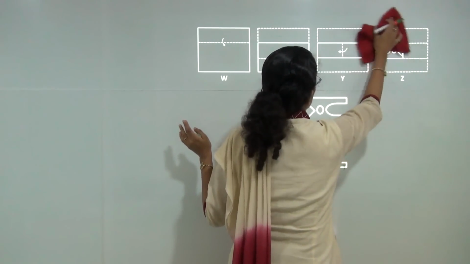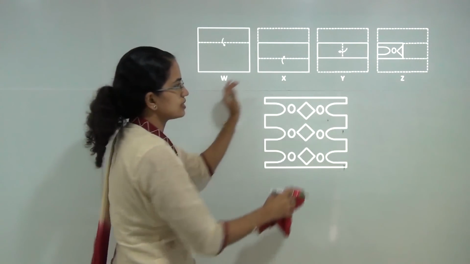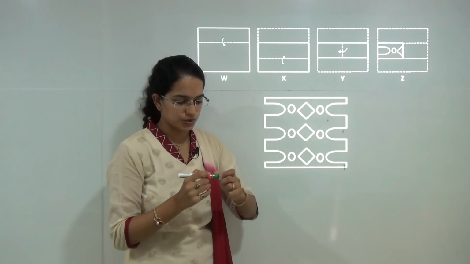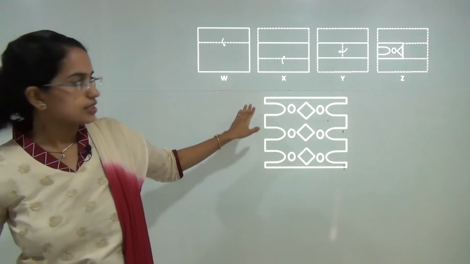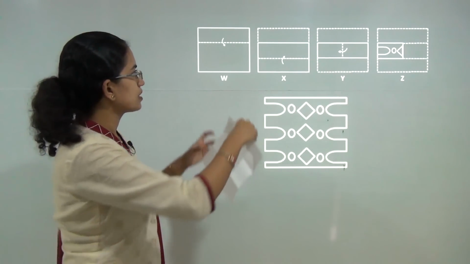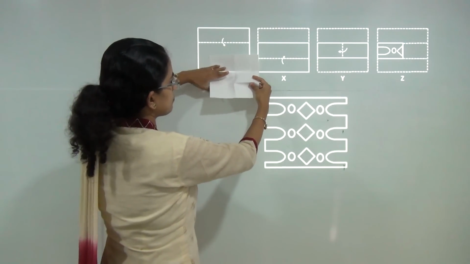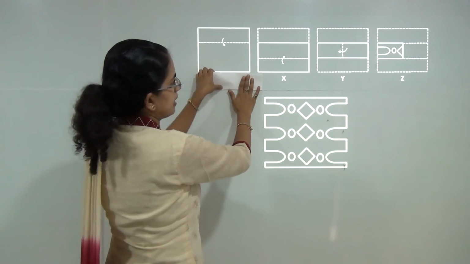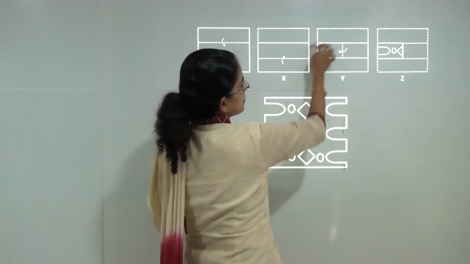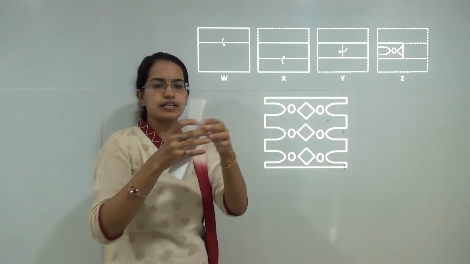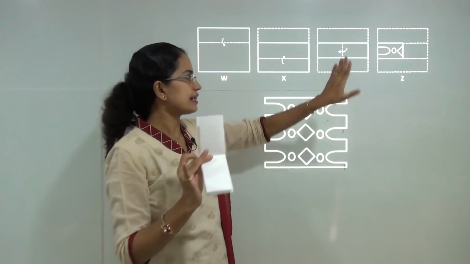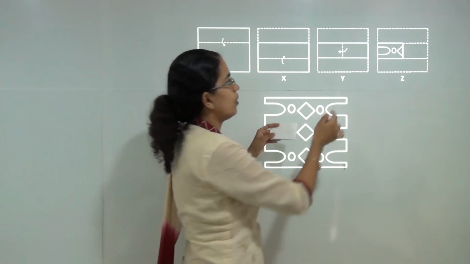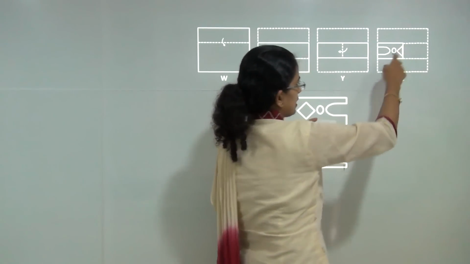What we are doing here is, it's important to understand the steps first. If you are not clear with these steps, you won't reach to this conclusion. So in the first step, I have a paper with me. I am folding it from down, and then I am folding it from top. That means this paper is folded into 3 sections. So I am making 3 folds out of this paper, and then I am putting it as half. Now I am marking an outer section and the center section.